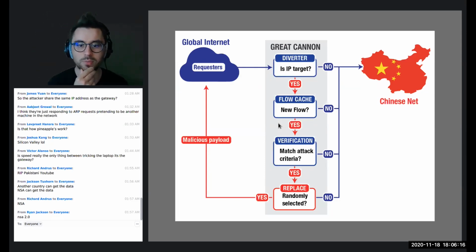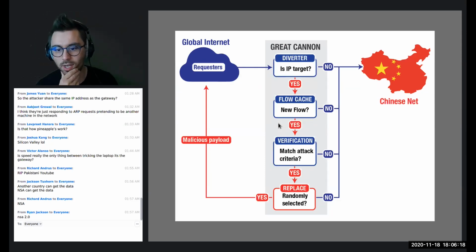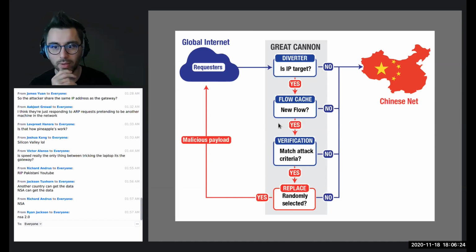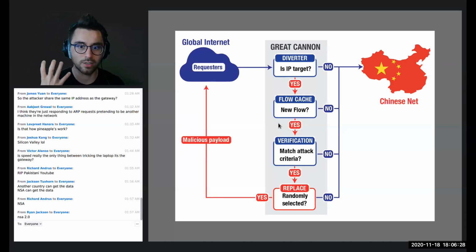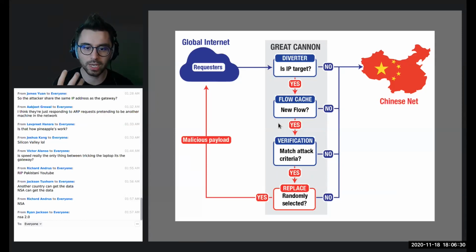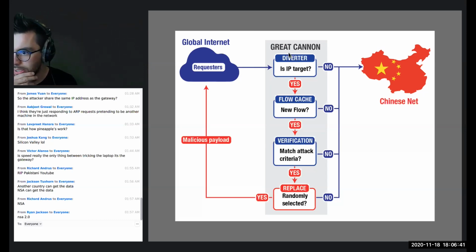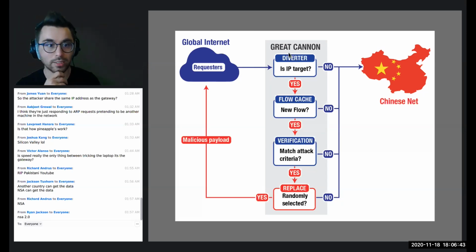So here, what's basically going on is this is the thing that's actually used to carry out the DoS attacks. The way they're able to scale out to this massive number of requests per second is by using the fact that people browse the web. So we are the global internet, and we're trying to access some website on a Chinese network.